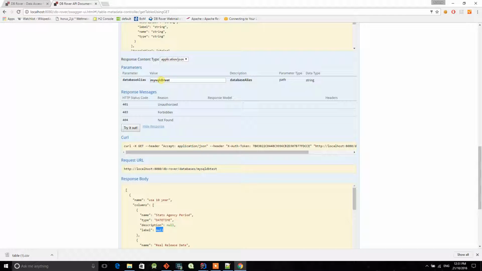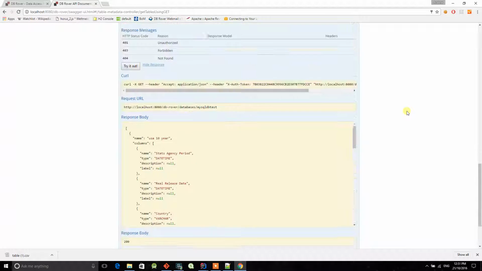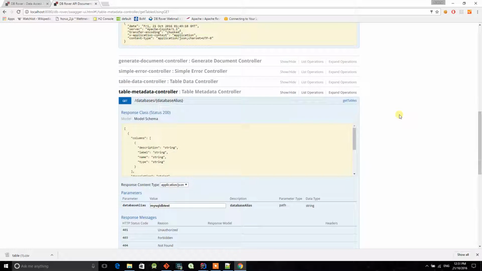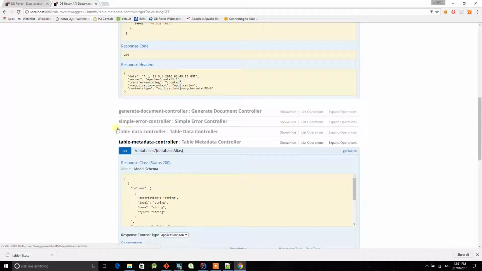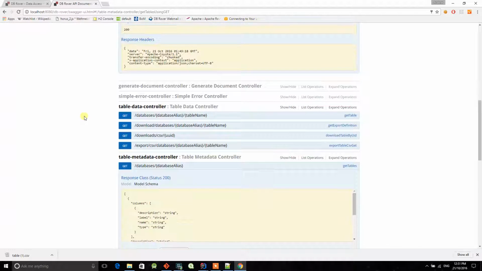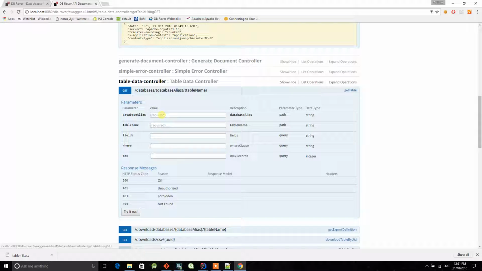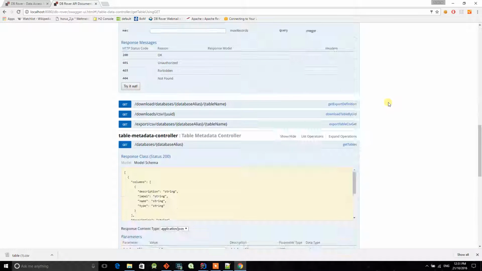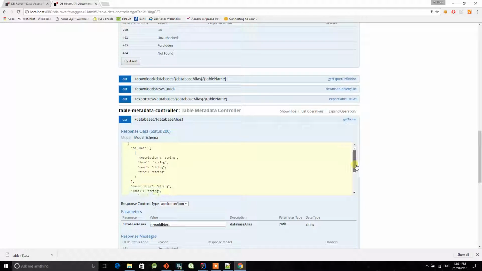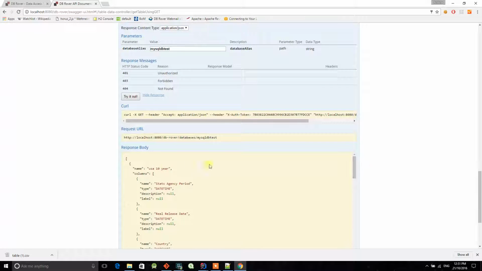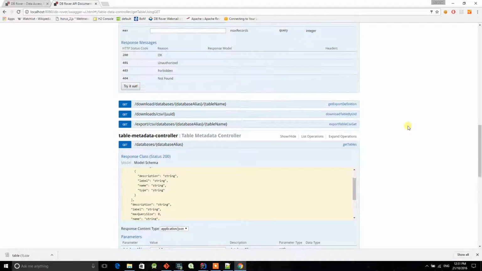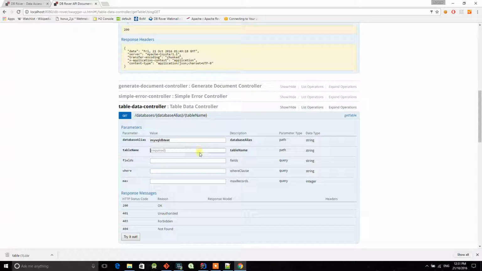So once we have our table information, we can then go and extract some data. So I'll use the table data API to do that, and we click on the get operation, and we'll say, right, the database is MySQL DB test, and let's grab our table name. In this case it's USA 10-year. Some sample data we have in there,